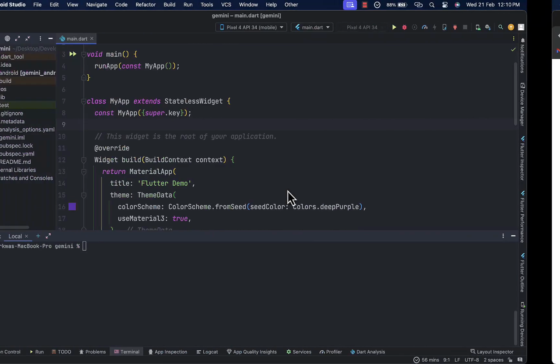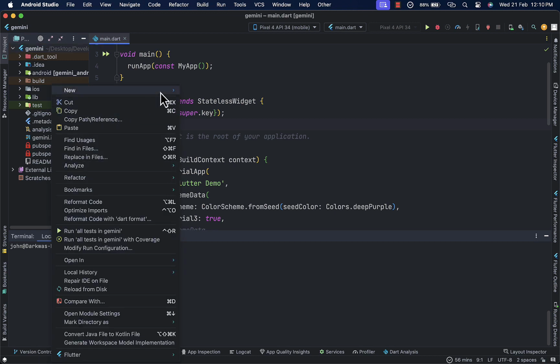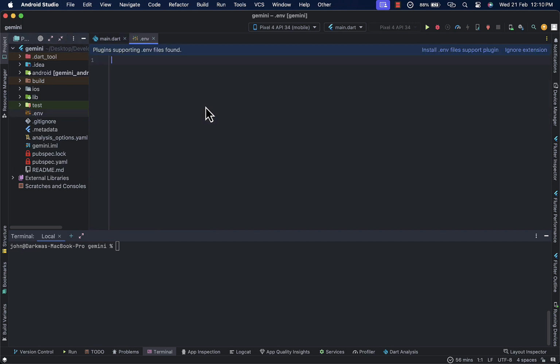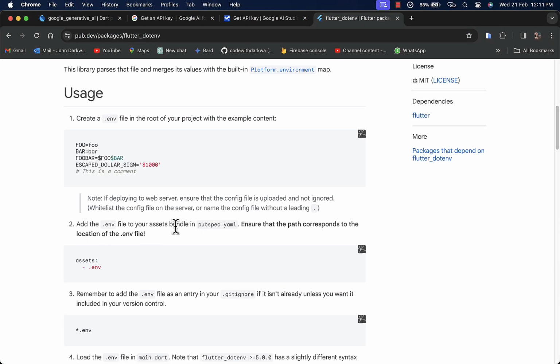First of all, you need to create a .env file in the root of your project, right? So over here, I'll be creating a new file and the extension is going to be .env. So I'll right click, go to new and hit on file and give it .env. There we go. So over here is where you define your API key, right? So my variable name is going to be API_KEY and it's going to be capital, right? Then you can just proceed and paste your API key over here. So once you have that,